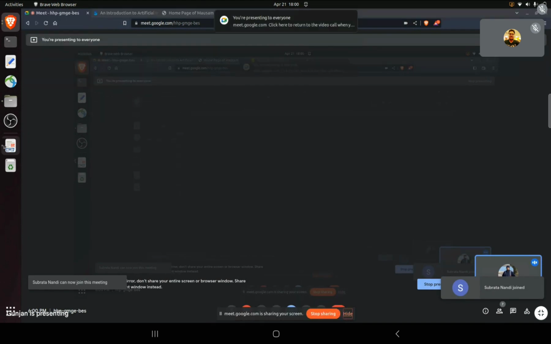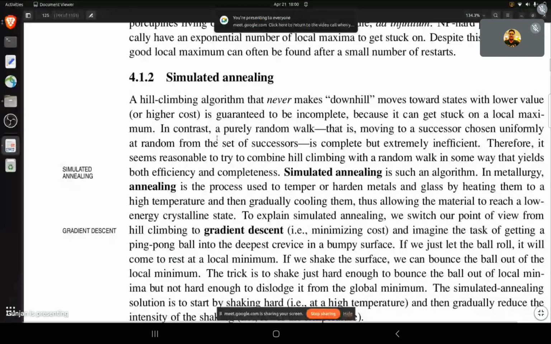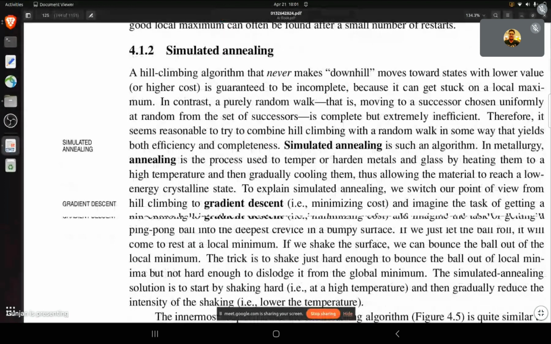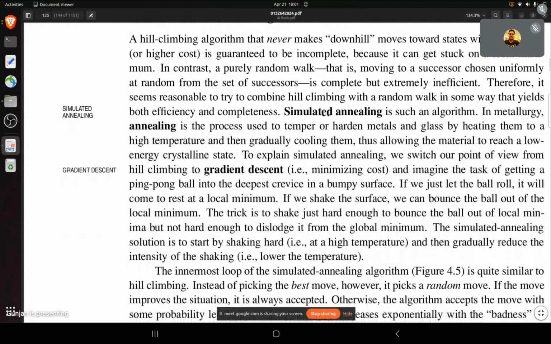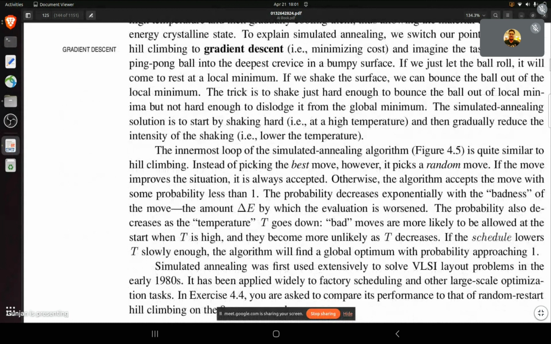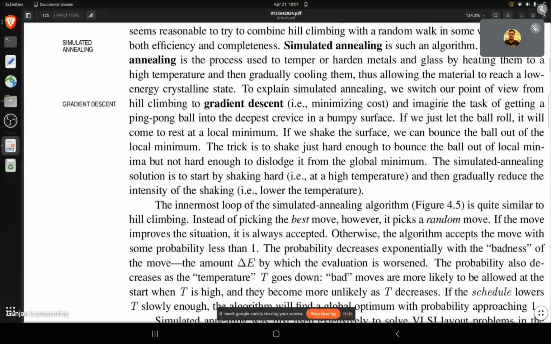Now, what does it say? Therefore, it seems reasonable to try to combine hill climbing with a random walk in some way that yields both efficiency and completeness. So, simulated annealing is such an algorithm. To explain simulated annealing, switch our point of view from hill climbing to gradient descent, that is, minimizing the cost. So, minimizing the cost, and imagine the task of getting a ping pong ball into the deepest crevice